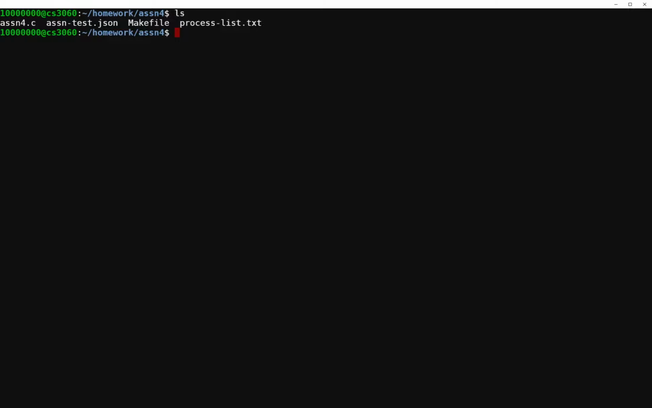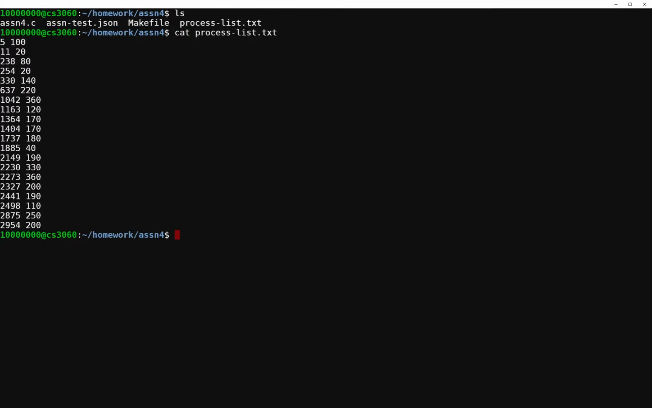I'm going to go ahead and we'll first take a look at the process list. Now do note that the process list, at least within this file, each line consists of 2 numbers. Each line represents one burst job that the scheduler needs to process. Each burst job has 2 parts, a submission time and a burst length. You need to account for both of those as you work with your